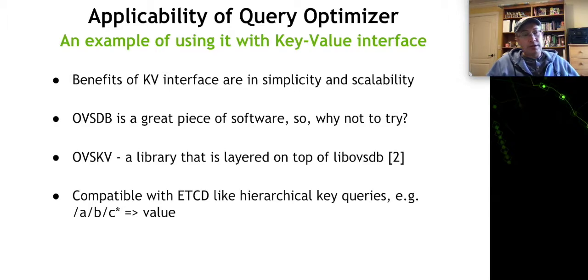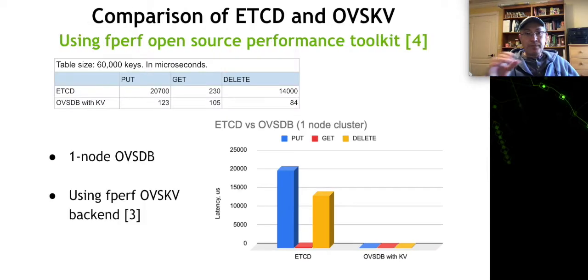At the same time, we also added support for interpolation of Go structures. So if you have Go structures, you can save a structure into the OVSDB and load it back, and you can do a partial load or partial save. So this library is available, and one reason we developed it is essentially to do a comparison with etcd, and this is what we've done.